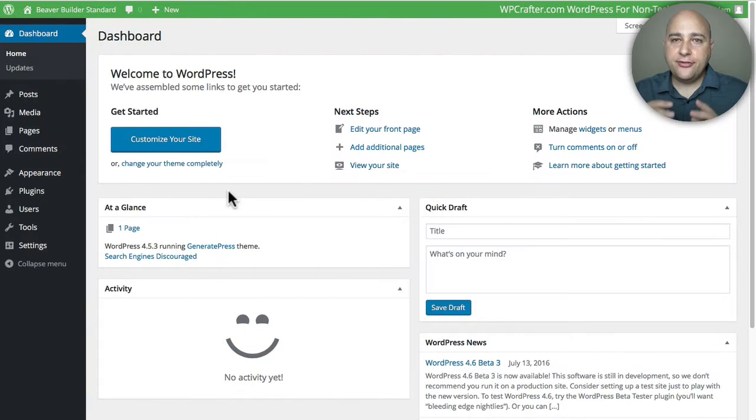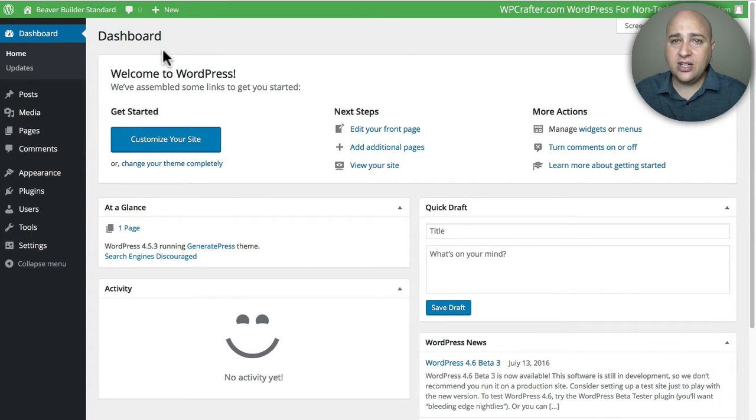All right, so I have two WordPress installations. They're running the same theme. The only difference is one is using the paid version of Beaver Builder and the other one is using the light version of Beaver Builder. And for the theme, I'm using GeneratePress. It's a free theme that you can get, and it works perfectly with both or any version of the Beaver Builder plugin. It's a really amazing theme, especially that it's free.